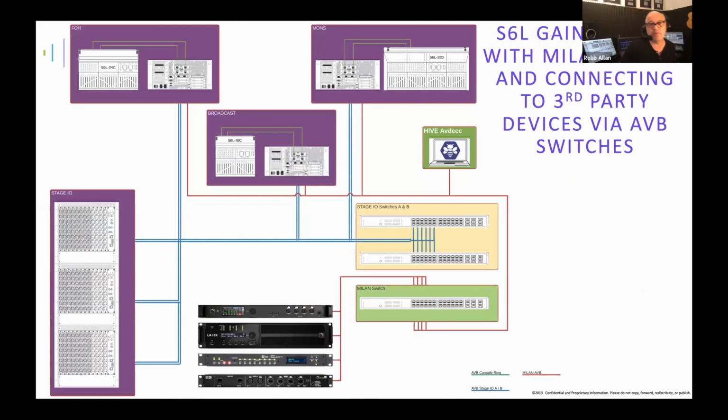We've got it all hooked up in a star network. We've got all of those desks hooked up to a switch, and we've got that switch hooked up to a bunch of devices. So now I'm going to stop sharing this, and I'm going to open up to speak to